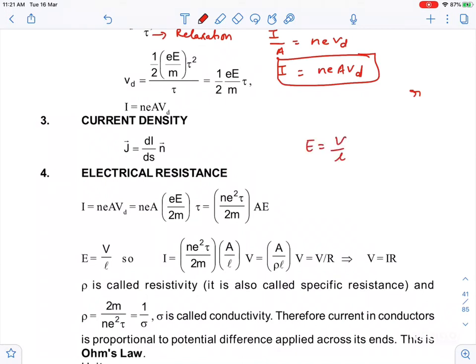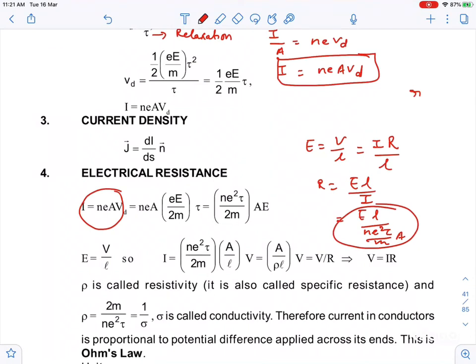So in the formula, when you write E is equal to V by L, V can be written as I into R, Ohm's law, by L. So this R can be written as E into L by I. When you substitute the value of I which you have calculated here, E L upon N E square tau by M into A, you get